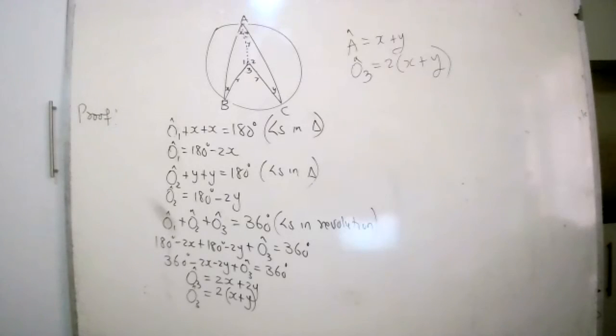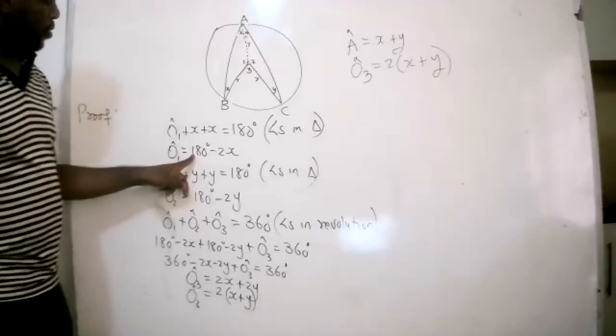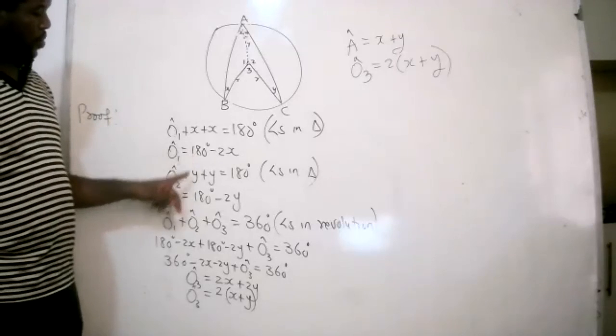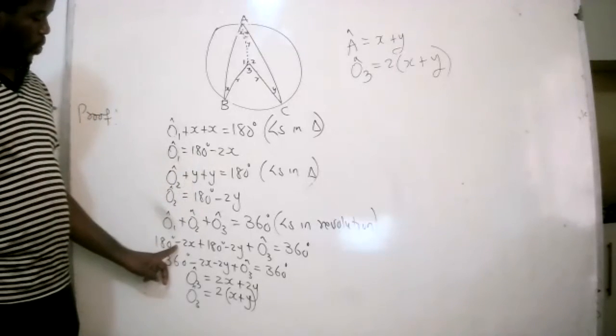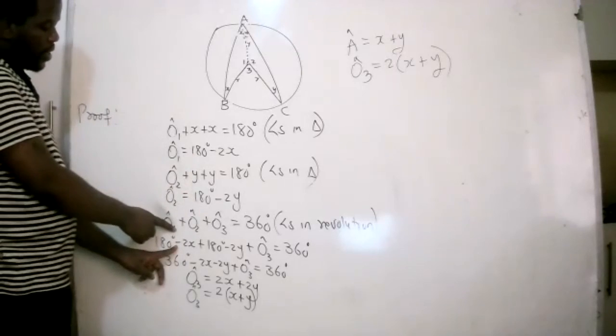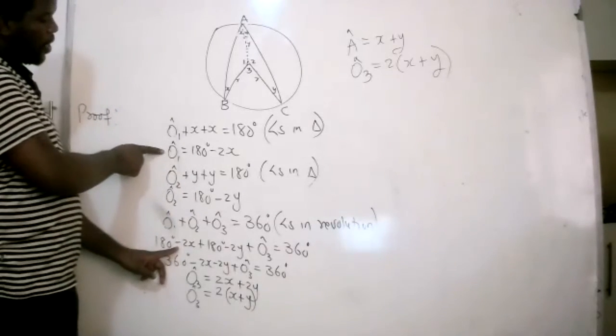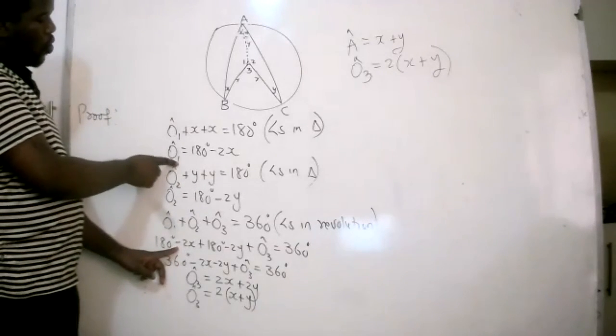180 minus 2x, on this one. Plus, yeah. This one. Yeah. All right. O1, if another 180 minus 2x, we have an equation. So O1 is equal